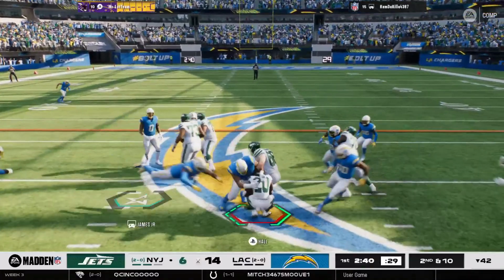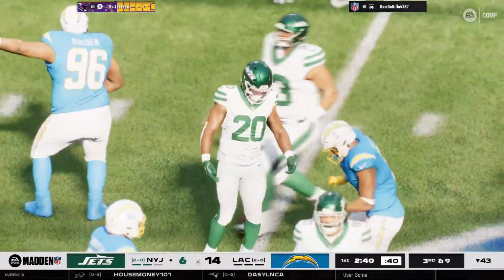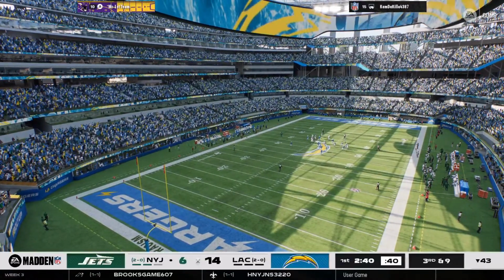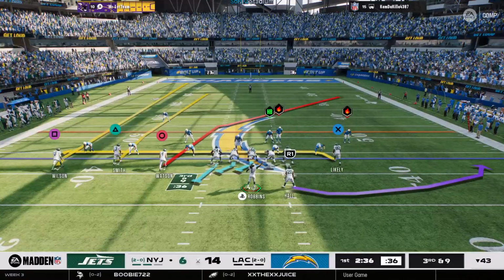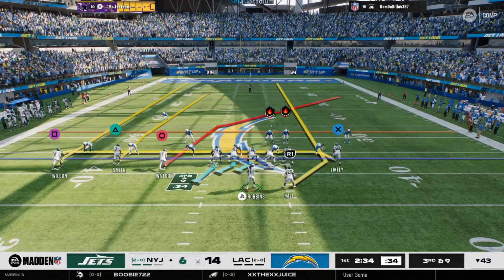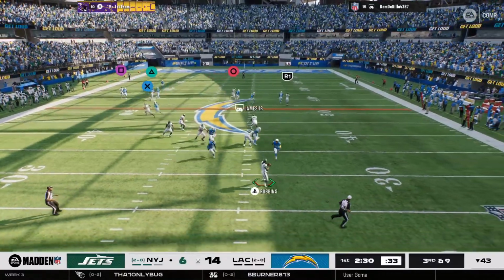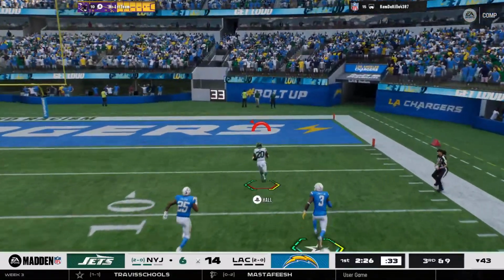First carry for the Iowa State man, Breece Hall. And not much there at all. Maybe a yard up to the 43. But you talk about the defense for these Chargers. They were terrific a week ago in that victory over Tampa Bay, Charles. And all defensive teams that I know talk about creating turnovers. Takeaways, they call them. And anytime you can get 2 or more in a game, you've had a...